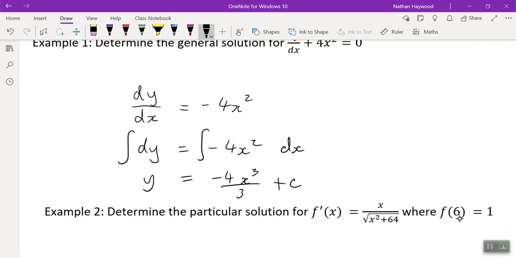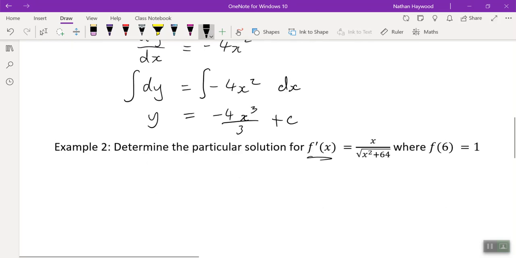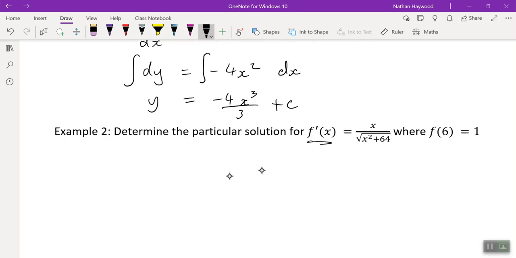So usually this application is when we're doing dynamics or kinematics. So like you're finding velocity from acceleration and you don't know the initial velocity. And that's the constant. And that's when you turn your velocity general solution into a velocity particular solution to find that initial velocity. F dash x, which is the same as,